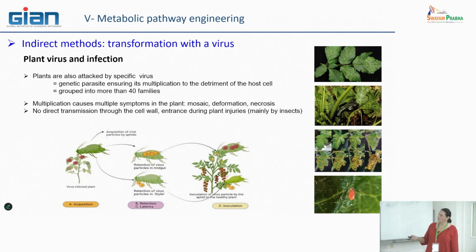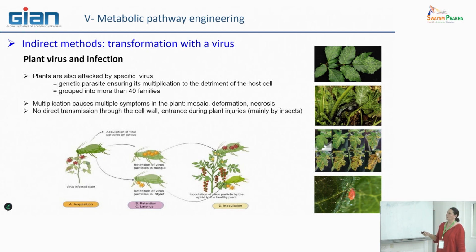And at this moment, some of the viruses that stay in the stomach of the insect can migrate to the mouth and also to the stylet, and by this way they can also be propagated to different plants, including very safe plants. So it's a very well known system for how to diffuse viruses on plants. They can have specific symptoms that you know very well, or people that work in agriculture know very well, because it's quite easy to observe.